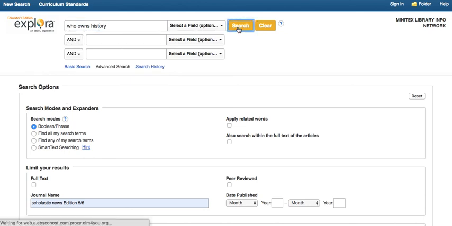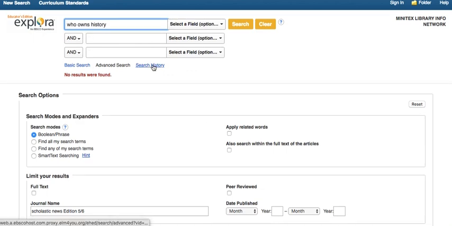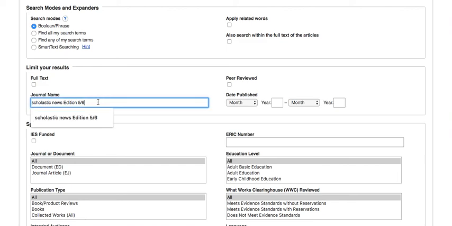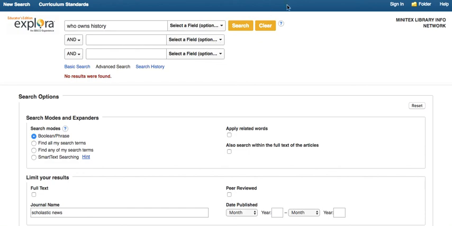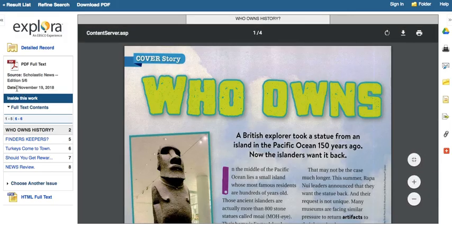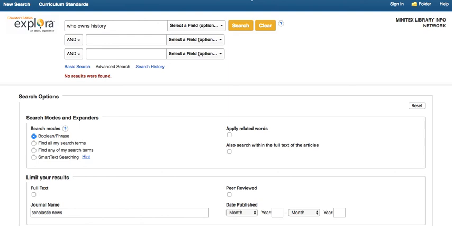So I'm going to go back here, and I'm going to type in Who Owns History. And I should hit search, and it should find me the information that I'm looking for. I am going to get rid of this information and make it a little bit more broad and see if anything comes up. And I'm not finding the teacher edition for that specifically, but I'm going to go back to the article and I'm going to look at the date, November 19th, and I'm going to copy that and see if I get rid of the title